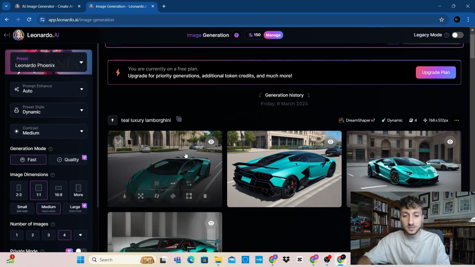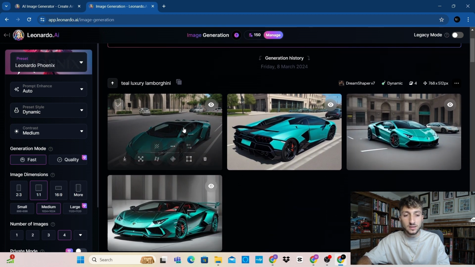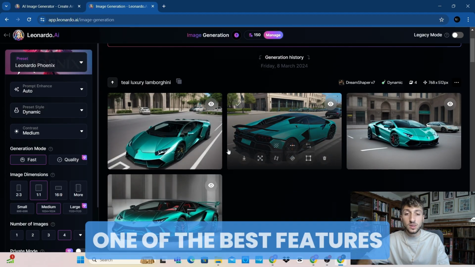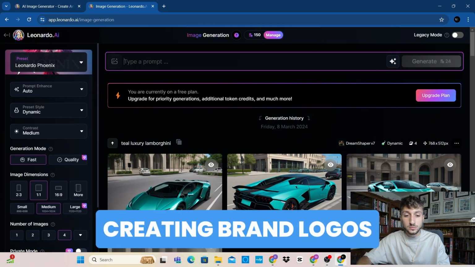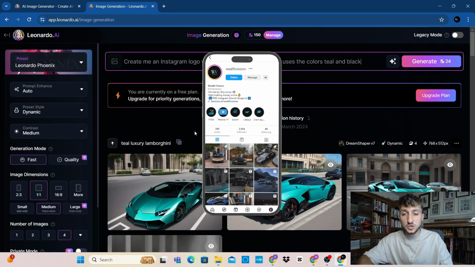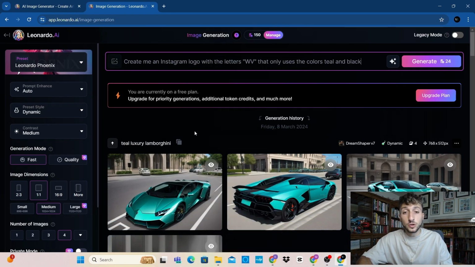As you can see here, I recently typed in a teal luxury Lamborghini and these are the pictures it created for me. But one of the best things you could use Leonardo.ai for is creating brand logos. A lot of you guys know my theme page, WealthVission. So to create a brand logo for your theme page, all you need to do is come to Leonardo.ai and